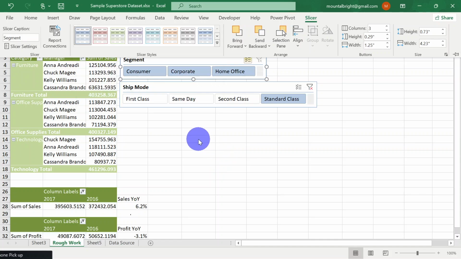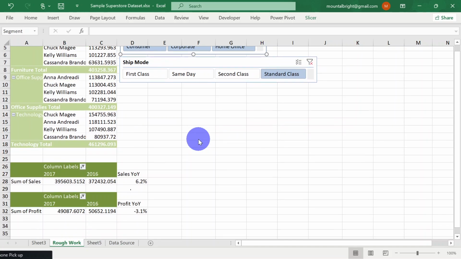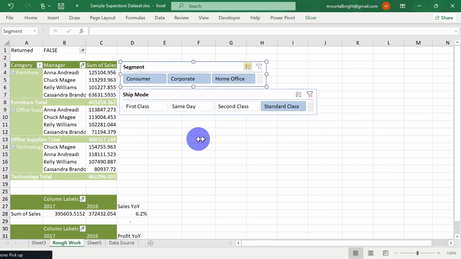Now something I'm a little confused on is why the values were changing when you clicked on the ship mode. Okay, all right. So why that happened is because slicing is like,